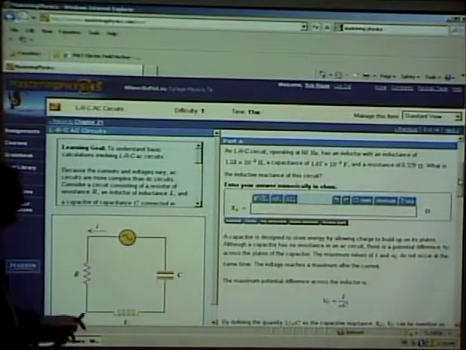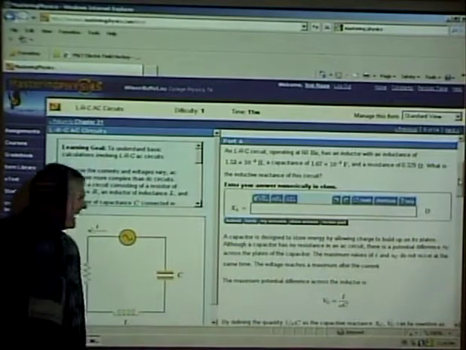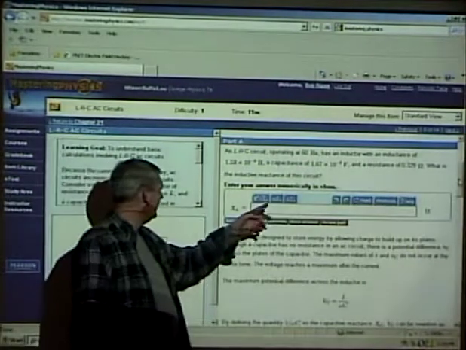to the negative 3 henries, a capacitance, and a resistance of this. What is the inductive reactance of this circuit? Basically, they want you to find XL. That's the first thing they want you to find. That's easy. XL equals 2 pi F times this guy,